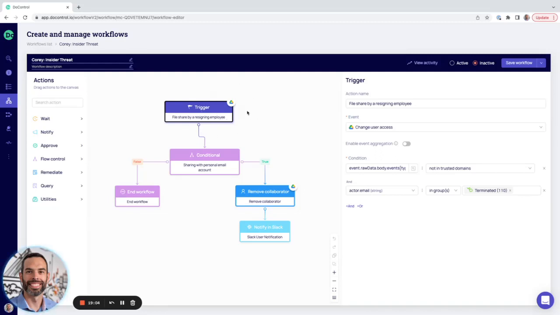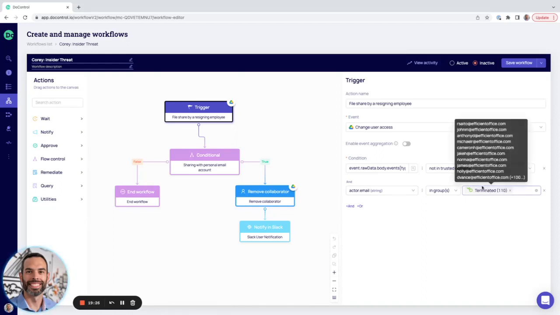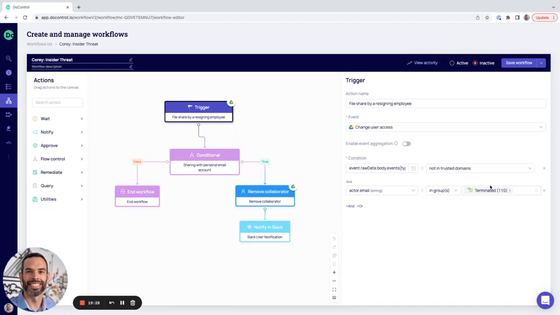As I mentioned, it's an event-driven platform, so you need some sort of a triggering event. In this case, it's a file share by an employee that has put in their resignation, right? Here we can see that they're no longer in a trusted domain because they're essentially resigning from the company. The email is, we've created in this example, a list of recently terminated employees. As I mentioned earlier, when there's that employment status change within Bamboo, guess what? It automatically triggers or initiates this